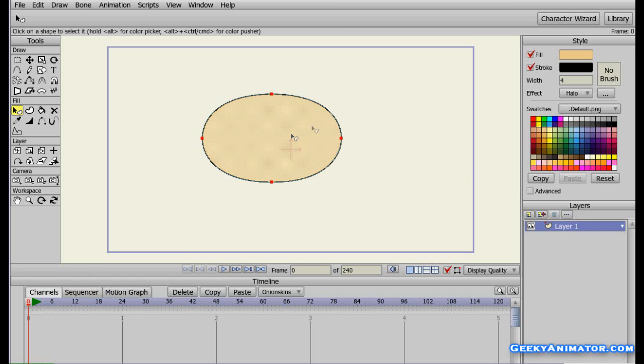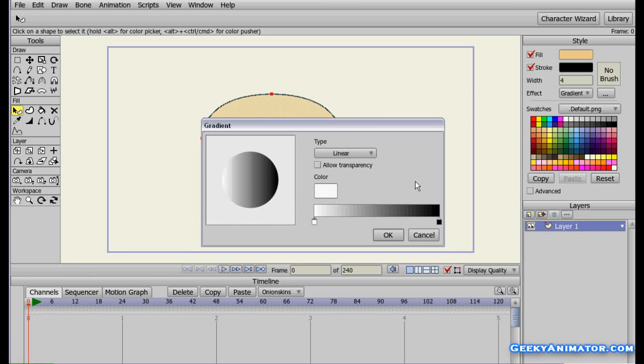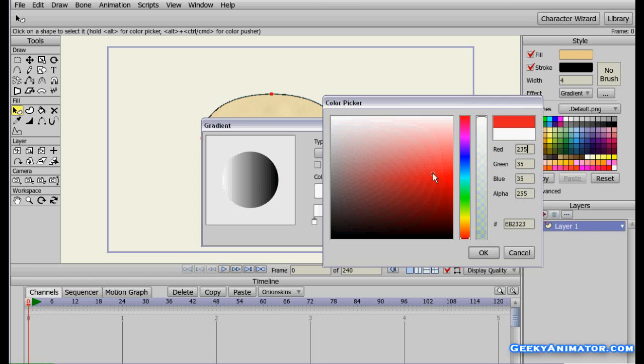I'm going to select the shape again, and under the drop down menu of the effect we have a gradient option also. As the gradient, you can see a gradient is occurring from one color to another. I can change these colors. I can press this color and this white one. I'm gonna click on the white color, and I can change it to, let's say, this light blue. Click OK,